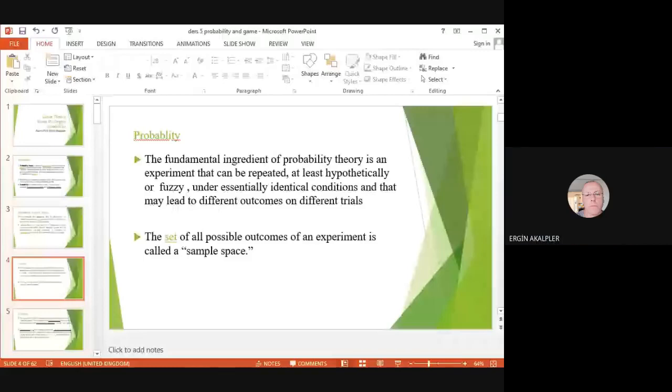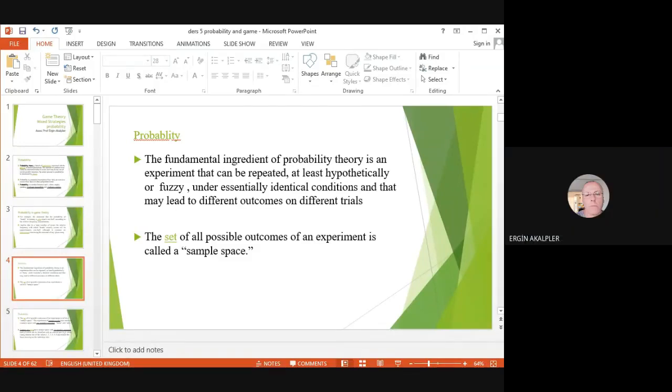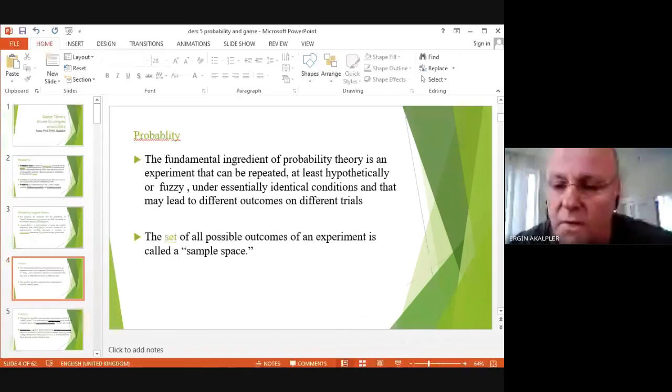The fundamental ingredient of probability theory, as you are understanding, is an experiment that can be repeated, at least hypothetically, randomly and under essentially identical conditions, and that may lead to different outcomes on different trials. Therefore, as much as you are exercising this